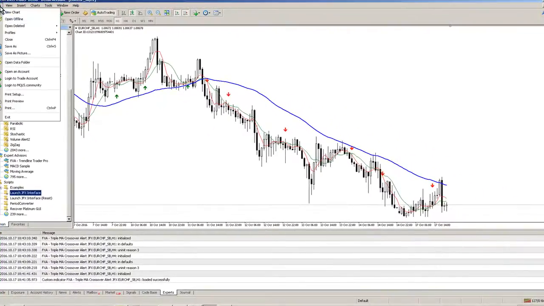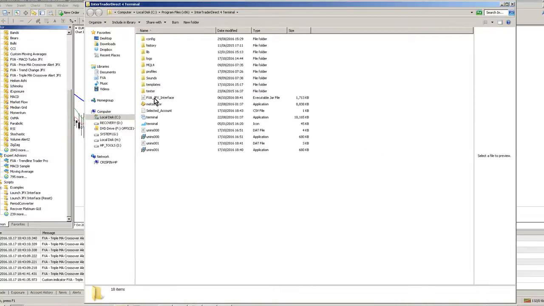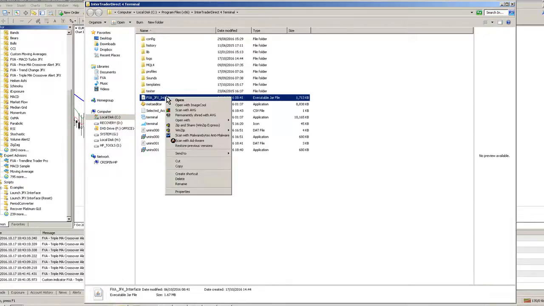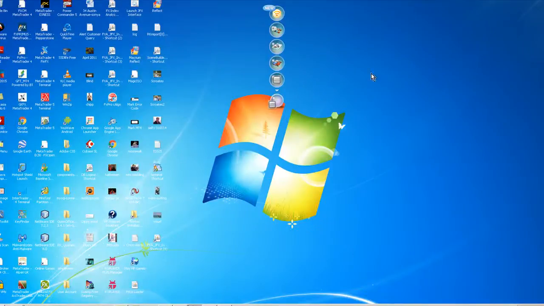So if you are running Windows UAC, so if you're running Windows 10, you've got no choice, it's full time unless you rip it out by making registry changes, which is hard work. So you always launch the interface by double clicking the FXA JFX interface file here. If you want to make a shortcut to it, just basically say send to, and then you can create a shortcut desktop, and I've just made a shortcut to it now, so that means I can always launch the interface